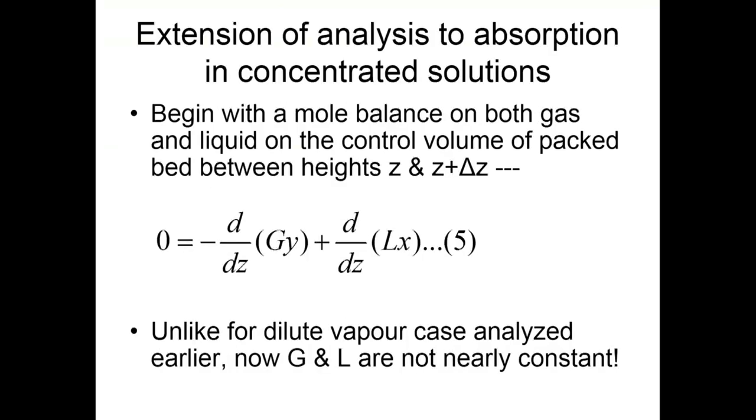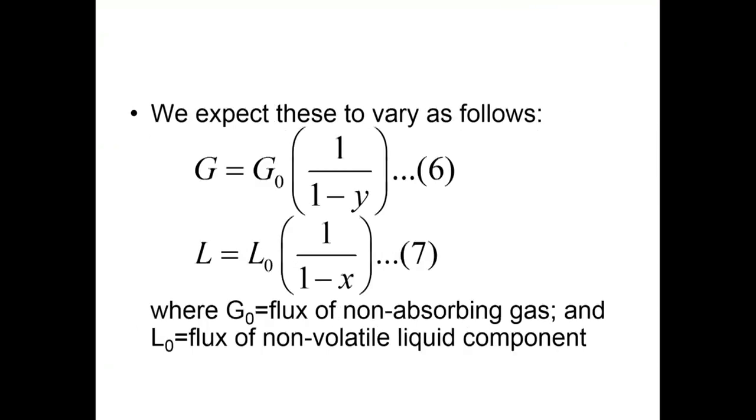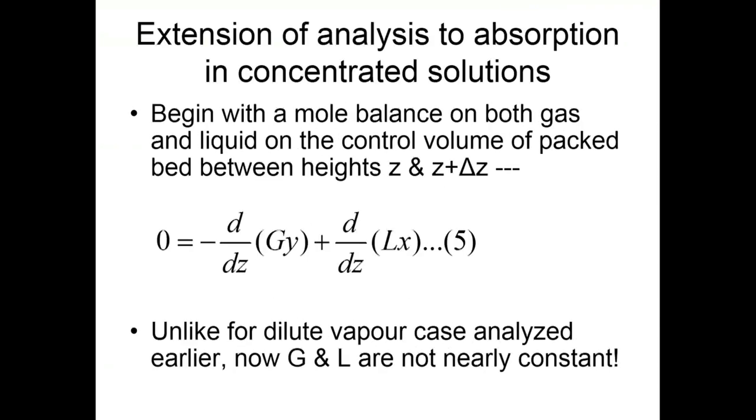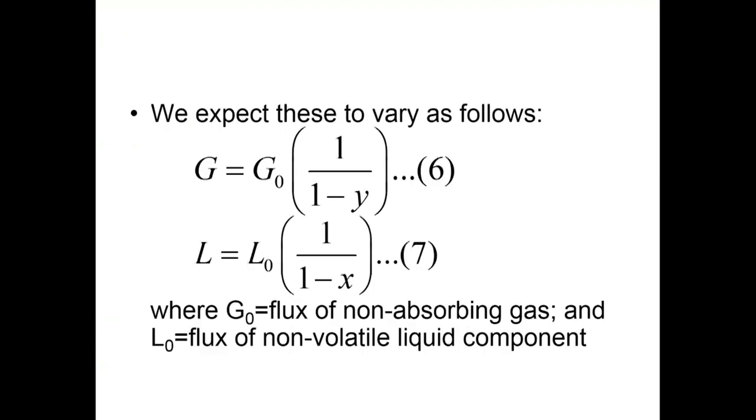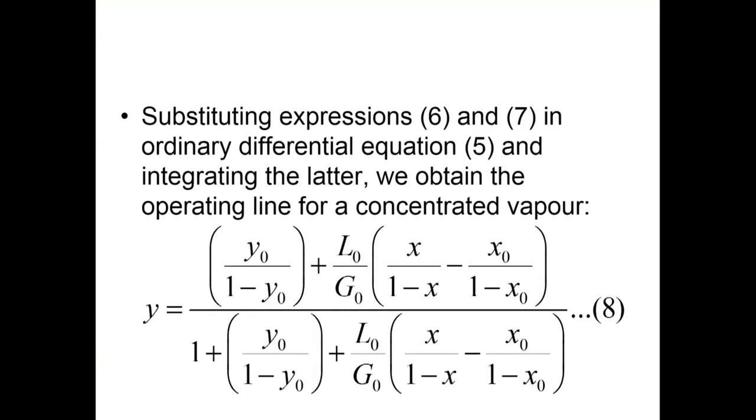Once we plug this in, this total mass balance, that is taking the solute in the gas and liquid as it comes in and goes out, we should be able to get an equation which upon cancellation of z would give you the differential equation for the operating line. This is the statement of material balance. So, we plug this pair of equations in here for G and L, complete the differentiation followed by the integration, and this is what you get.